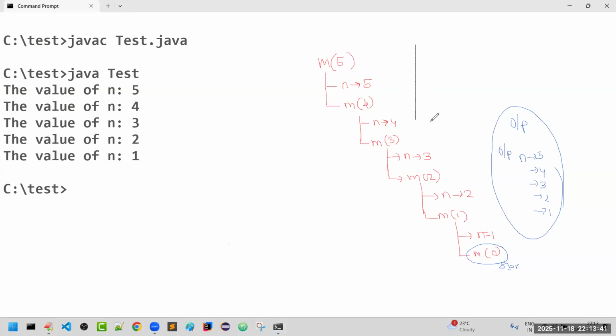I already told you, this content will be in the stack: m of 4, m of 3, next m of 2, next m of 1, and m of 0. Like that it maintains. Okay, clear, friends? Everyone up to this?